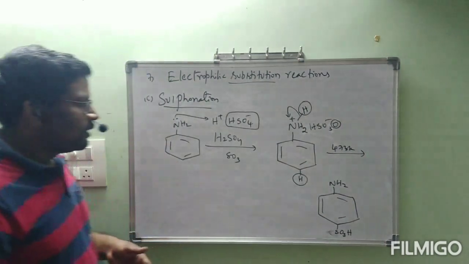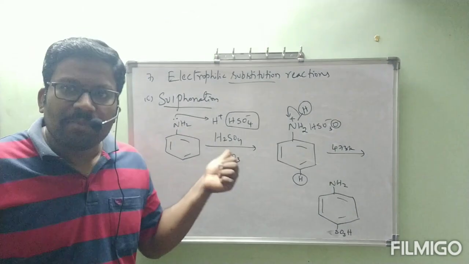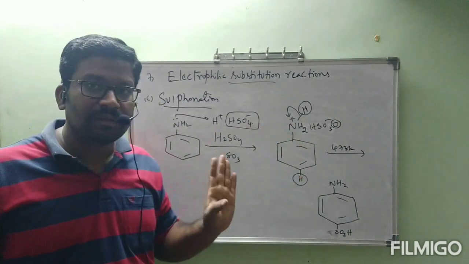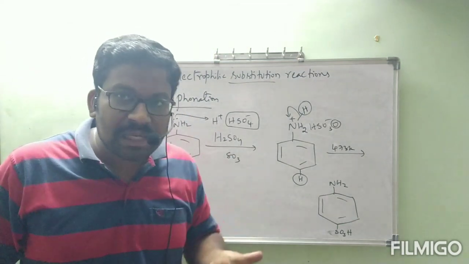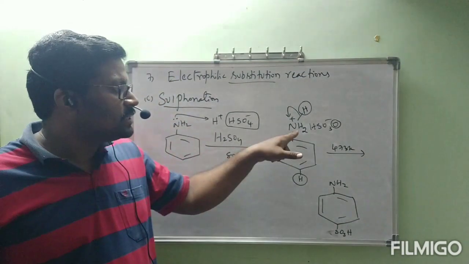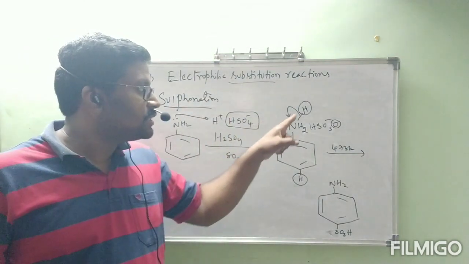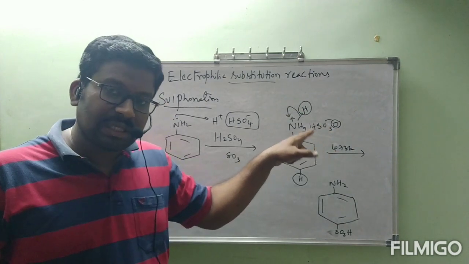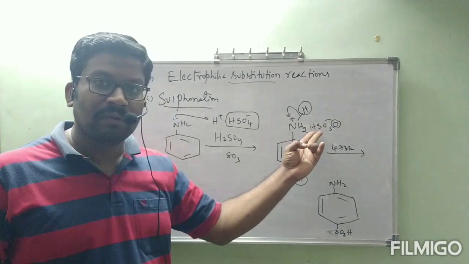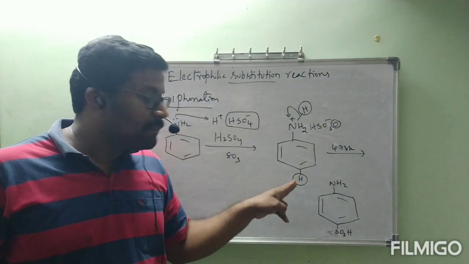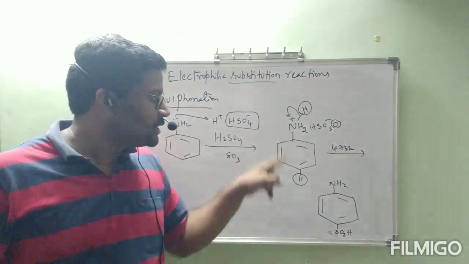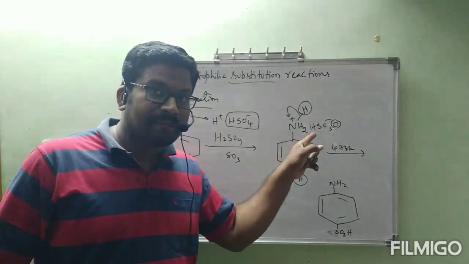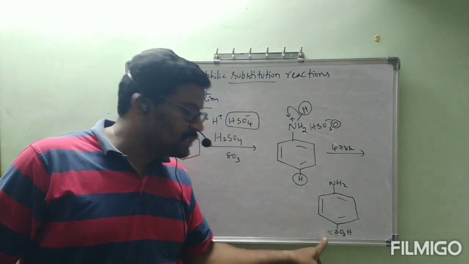First, actually, basic nature and acidic nature are going to dominate. Because of that, this base is going to react with acid to form a salt. But if you heat that one, rearrangement will happen. In what way? See, NH3 has 3 hydrogens. One hydrogen, and here 1 O in HSO4. In HSO4 we have 1 oxygen, so the remaining is HSO3. This oxygen, this hydrogen, and the hydrogen in the para position of the benzene ring, H2O will be removed. Then what is the remaining substance? HSO3. This HSO3 is coming into this position, and we will get this one.